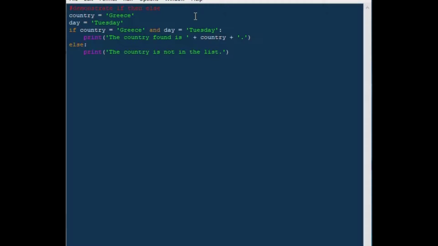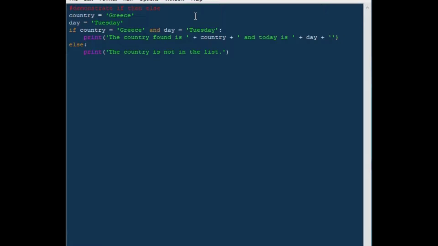And then we could say the country found is equal to country, and the day is Tuesday. So we could change our concatenation by saying and then today is, and then the day variable,